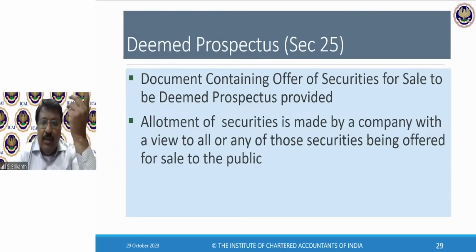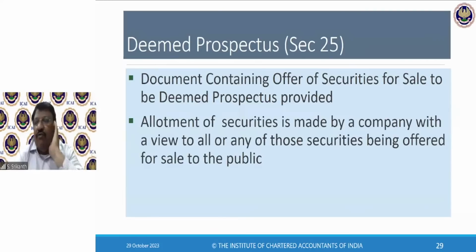Only when I'm going to allot these shares for the first time to the public does it become a public offer. Am I correct? I will not do that. I will first allot these shares to somebody. Usually this person would be a merchant banker or an investment banker or somebody with a lot of money. What that person will do is take the entire shares. So the first time the allotment will be made to them, not to the public.